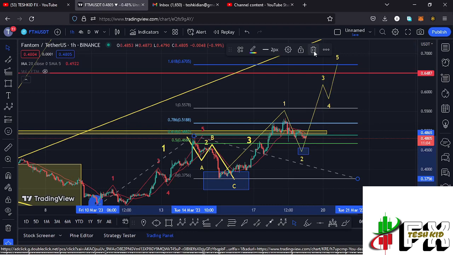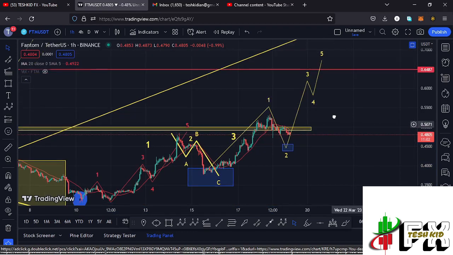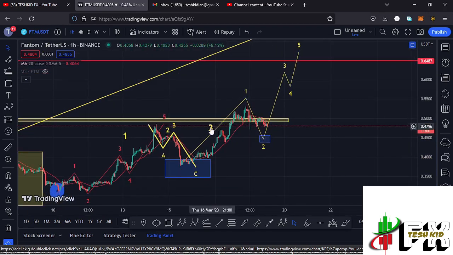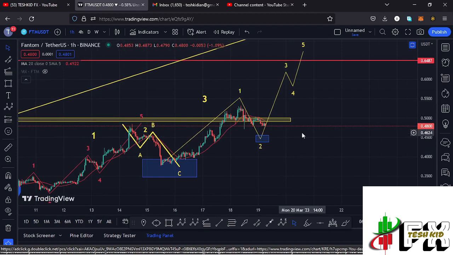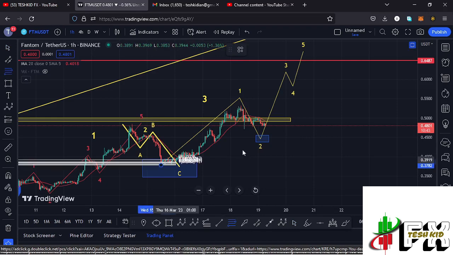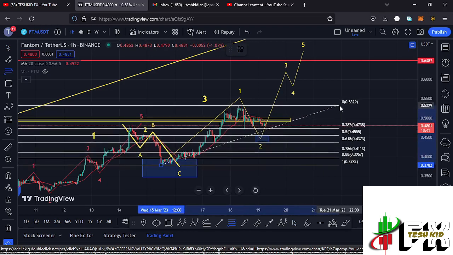And I believe Phantom has continued to obey this Elliott wave structure, which is a fractal wave within the formation of this wave 3, where we can term this as the first wave giving us a peak at around the $0.5338 mark. And I believe that whatever we are seeing at the moment is a bit of a corrective structure in the formation of this wave 2, and using the Fibonacci's, connecting them from the low of the first wave down there to the high of that wave 1,